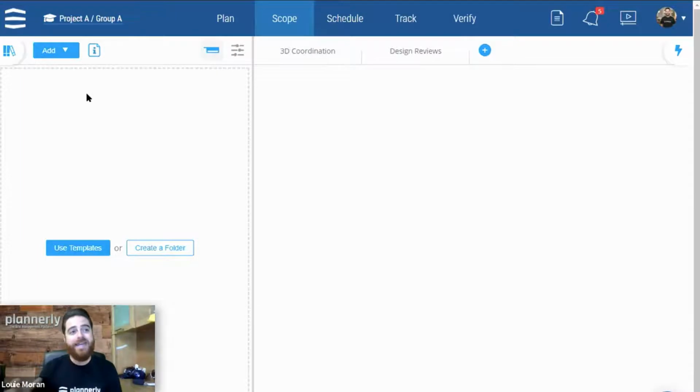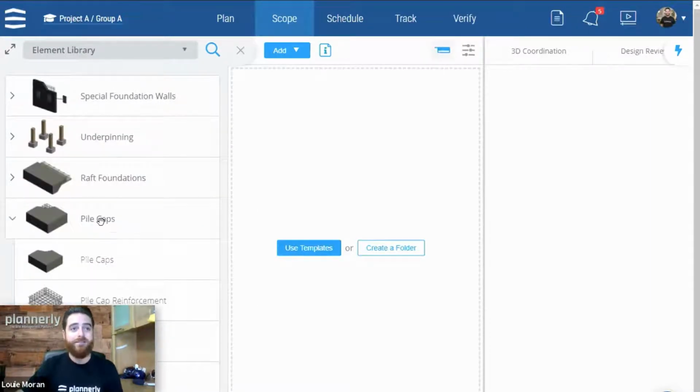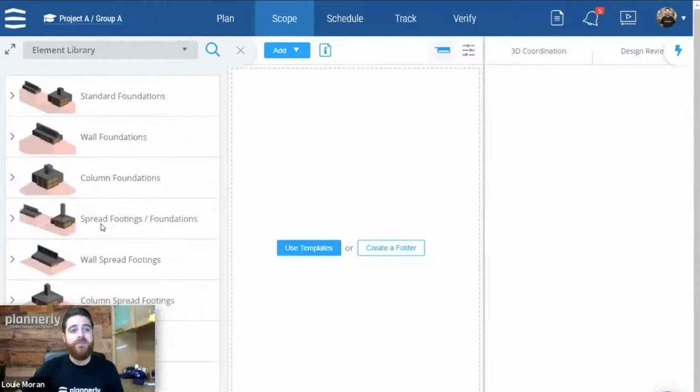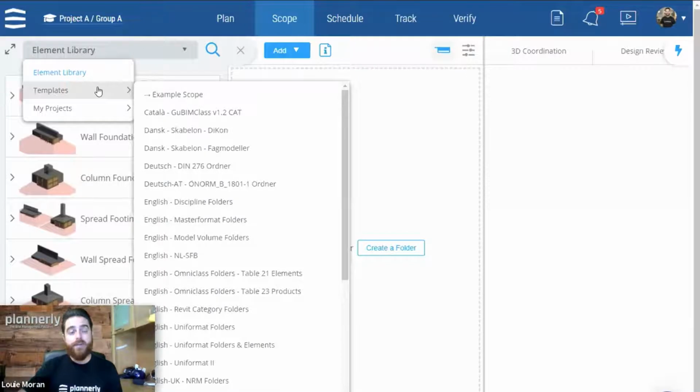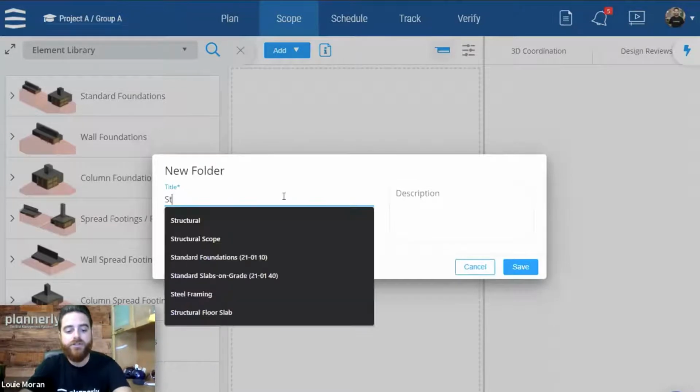Now, before we start adding the content for these deliverables, we can open up the library, and there's thousands of elements that build these systems that we can choose from. If your team or your program is following a certain classification, we can go to the templates and review some of these classifications here. So examples like MasterFormat, UniFormat, OmniClass. So some of these are already folder structures to help you with the coding that you can start with. But typically we see teams trying to keep it down to the basics, so organizing them by discipline. I'll go ahead and create a folder here called structural scope.